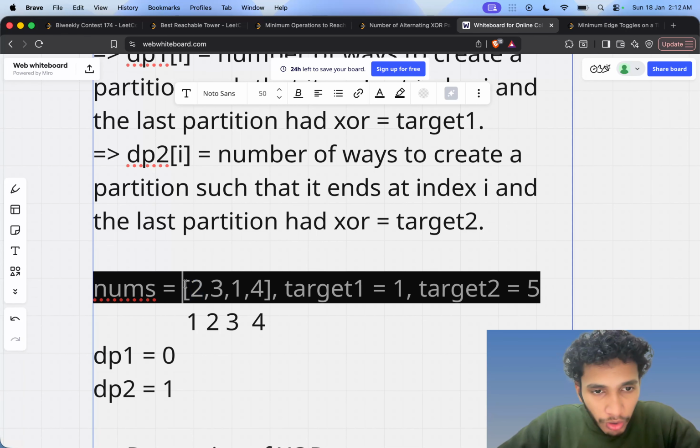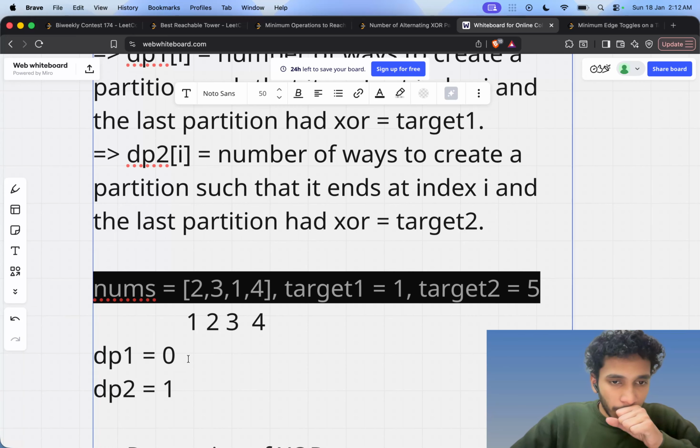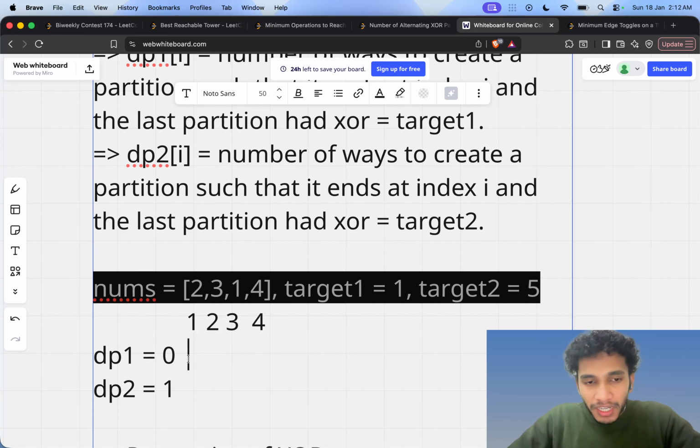And what is the XOR of this particular subarray? It is equal to 2 again. Does it match target 1 or target 2? No, it does not match any of them. So how many number of ways are there? It is equal to 0. For DP2 at 1,